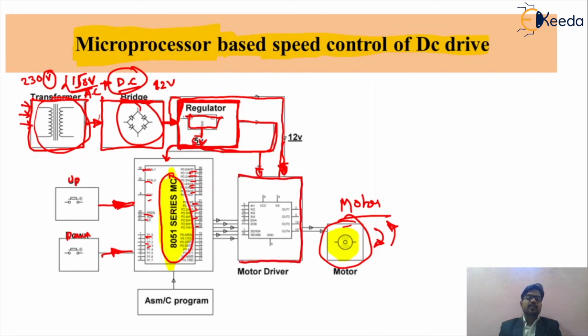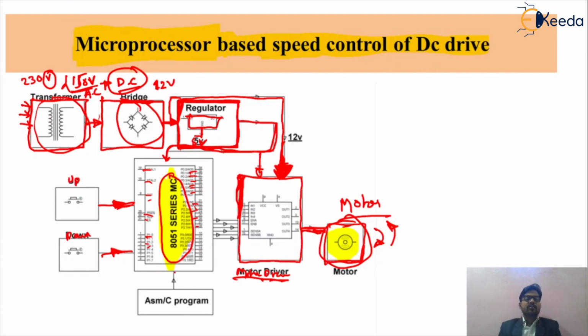In the motor driver circuit, we can control the speed of your motor by means of different speed control techniques. Practically, in the motor driver circuit we prefer various speed control techniques, called armature voltage, field flux, or the Ward Leonard speed control technique. We are giving the power signal to that particular device because it is a digital device, so for the sake of the digital device we are giving the DC voltage to the system. From the motor driver circuit, there are different terminals which are connected to your motor for controlling the speed of your motor.